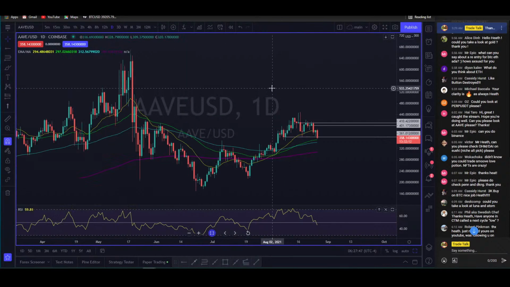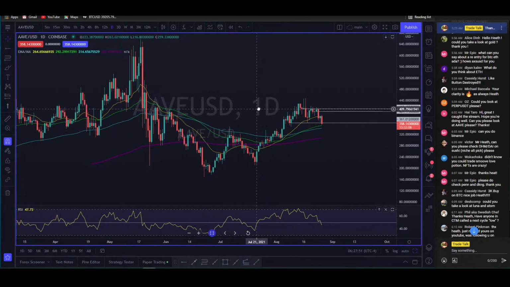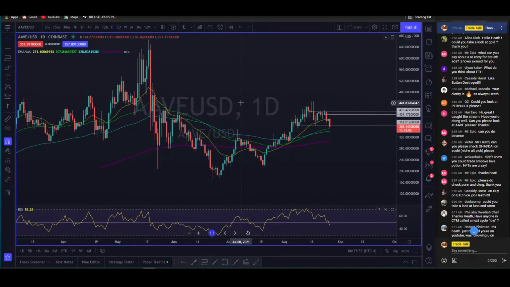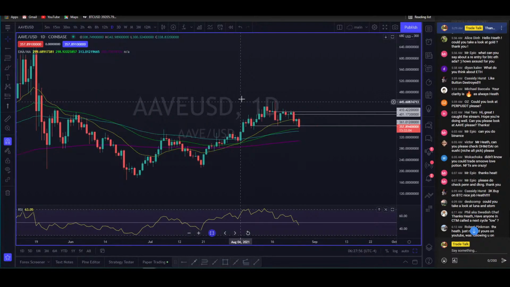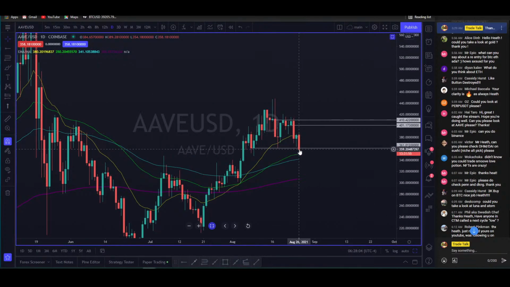So right now the bulls are trying to lose their hold on this asset. You are piercing that 50. So this one looks worse, right? There's support. Last time I looked at it, it held, and it still could hold. You did close above the 21 yesterday. Now it looks like you're going to try to close below it. So that's not looking so good. This level is going to be important on Ave, 361.